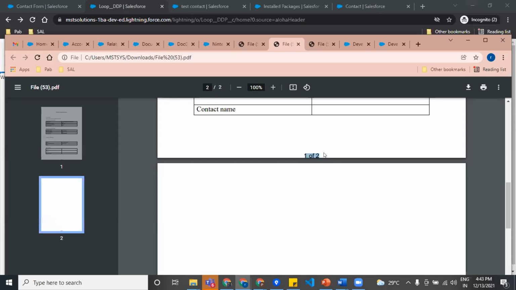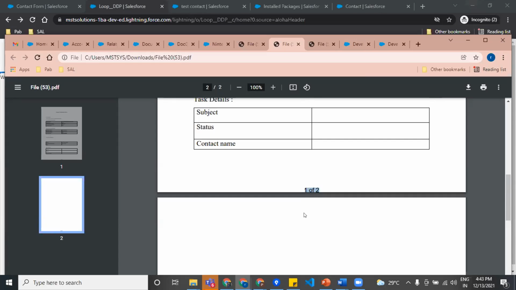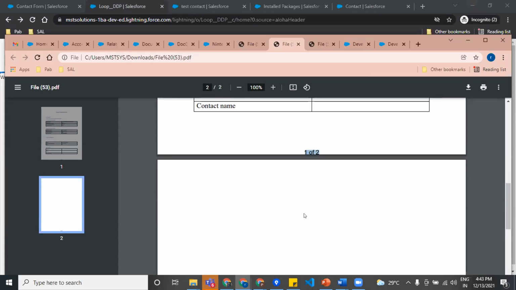This page stamp feature is available in DocGen, which helps us number the PDF if it is more than one page. I have just included an empty one because our use case is simple and doesn't have much data. If you're traversing 10 or 15 pages, then the end user may prefer numbering, so it will be a standardized format.